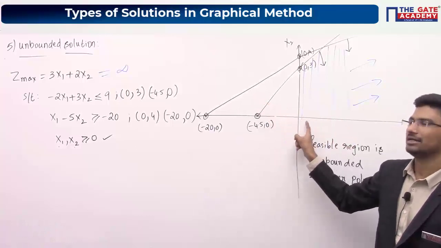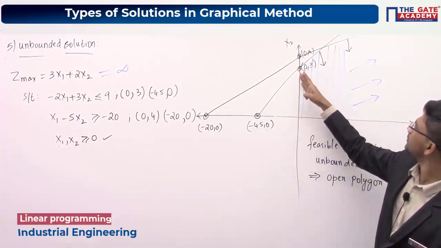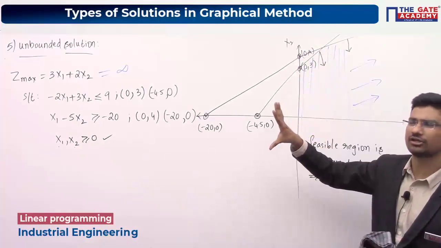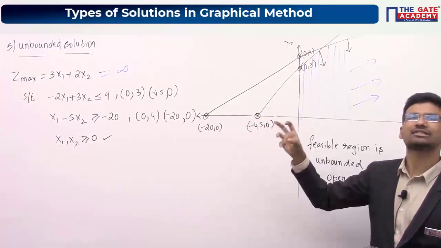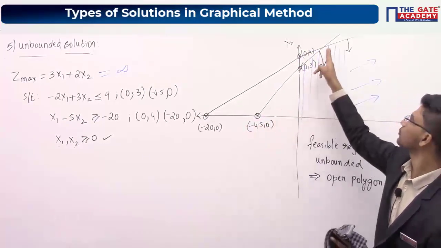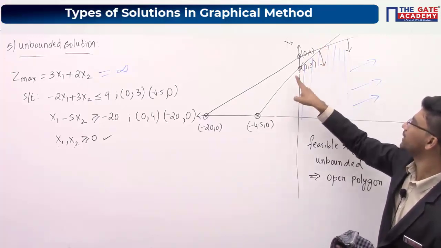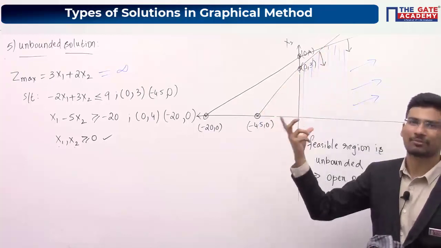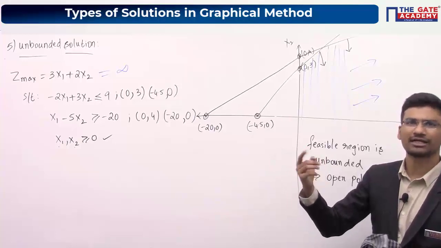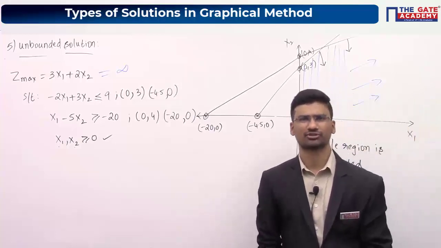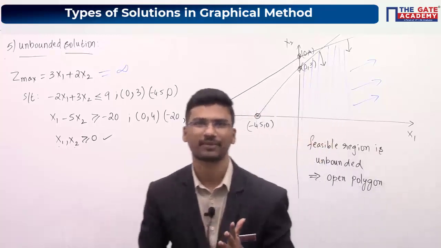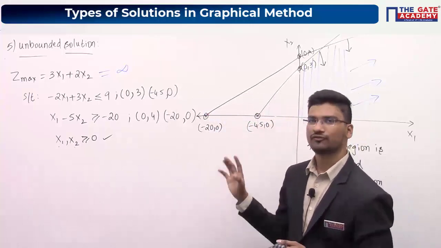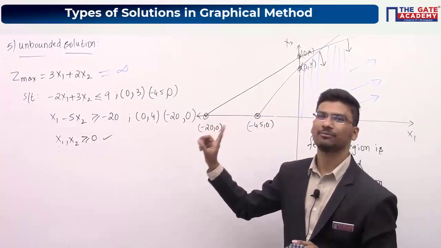And your Z value may be 0, or we cannot say, okay. So just substitute these 3 points and find out the Z values. Then you can decide which is the minimum value. Just by looking we cannot say. So solve these 2 equations also, find this point, and evaluate your objective function at these 3 points, then you can say what the type of solution is, okay. If at only one corner point you get the minimum value, then that will be your unique optimal solution. Mostly you will get a unique optimal solution for this one, okay. So if it is a minimization problem, then this is not an unbounded solution. Only if it is a maximization problem will it be an unbounded solution, okay.